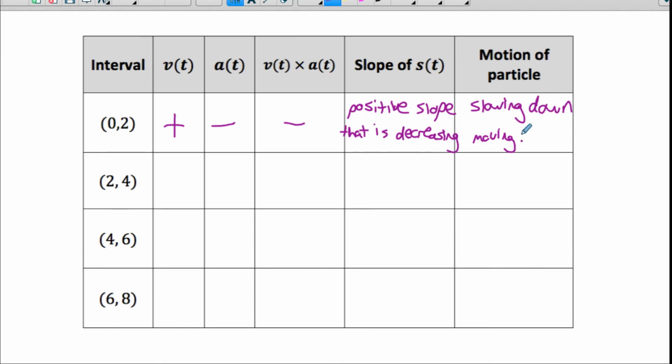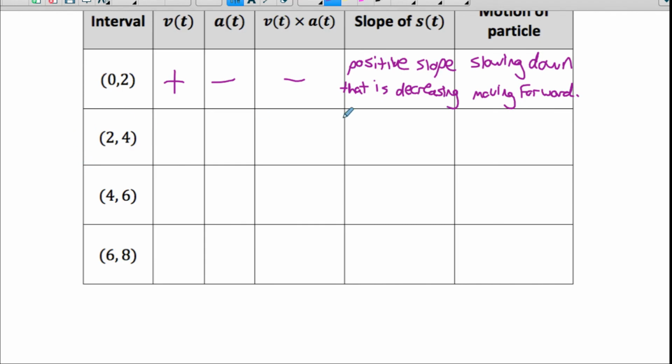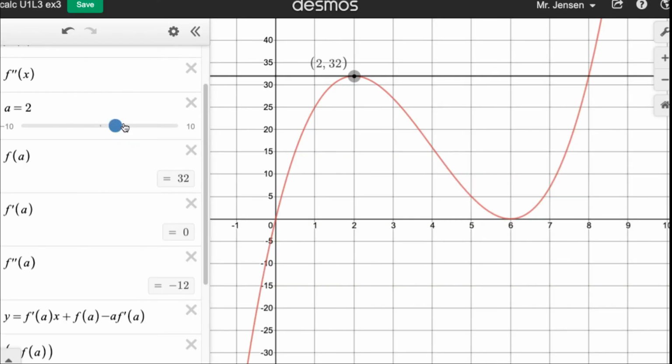moving forward. So I comment on slowing down based on the product, and I comment on whether it's moving forward or backwards based on the sign of velocity. Let's fill out another row. So between x values of 2 and 4. So between there